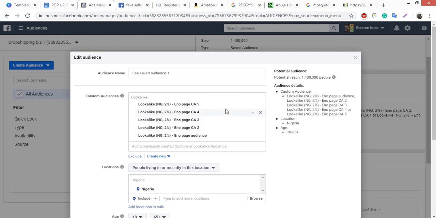That's up to like 50. That's a lot, but if you have the time, you can do up to 20 per traffic source. If it's only for page engagers, you can do up to 20 per traffic source. Yes, at the end of the day, when you create an advert, your advert will not go to everyone, but what you've done is you've beaten that myth that you can only get one lookalike audience per custom audience, and thereby increasing your audience size. And when your audience size is high, you know that your cost per action will